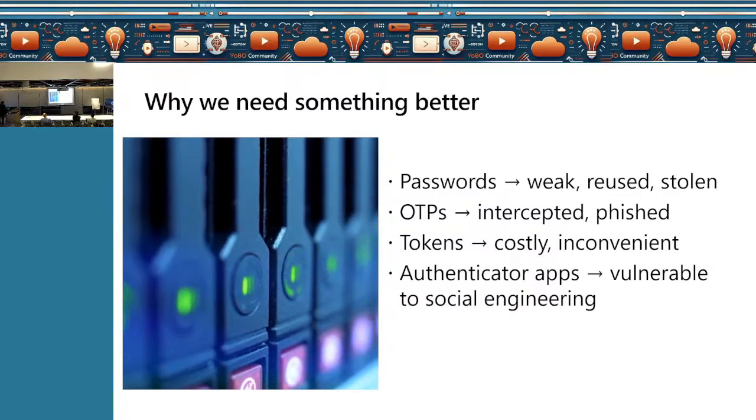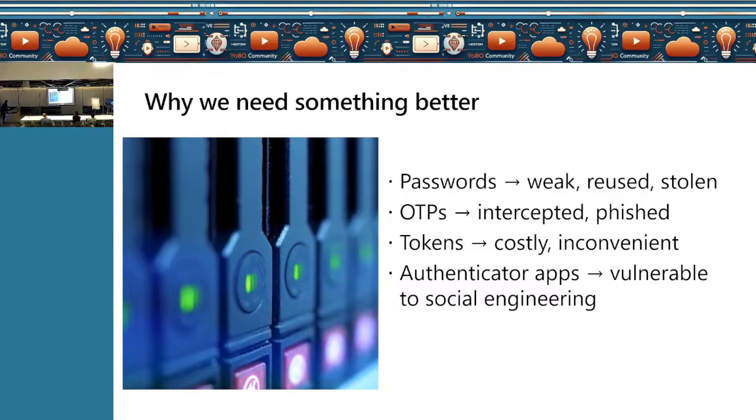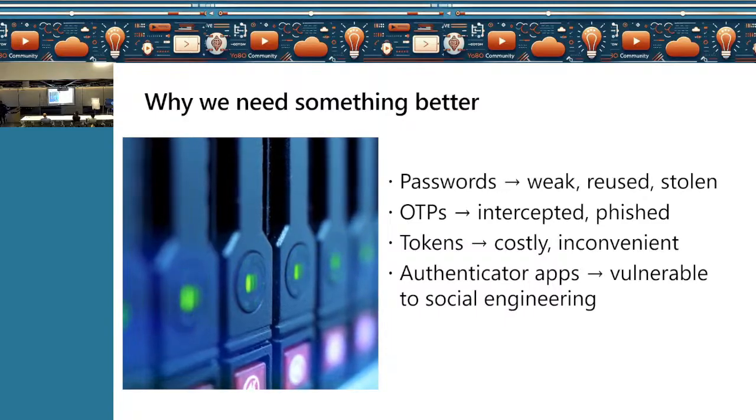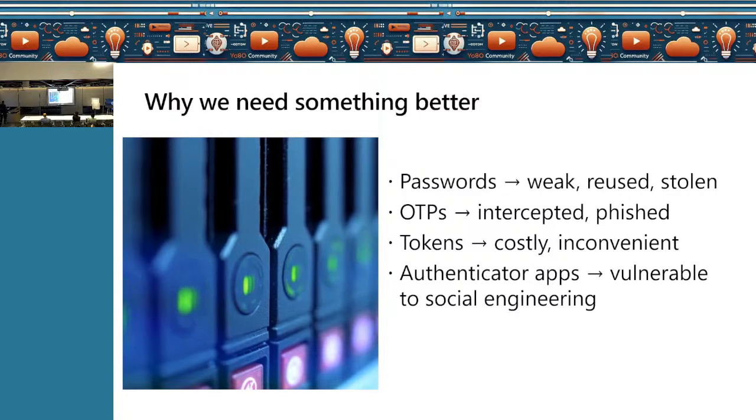So I'm just trying to summarize. We need protection from social engineering, and we need two things. One is we need to prove that the user is actually present there, in close proximity.